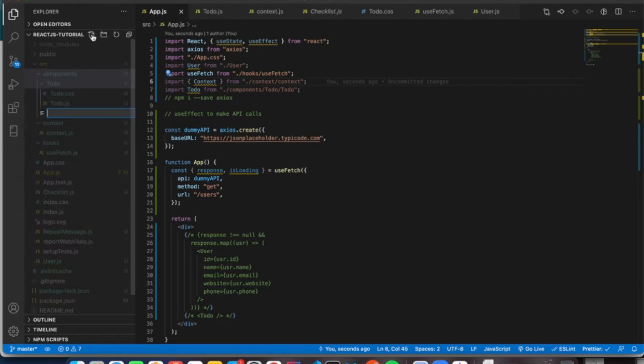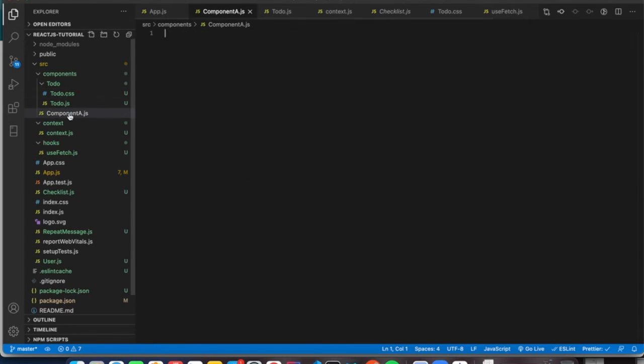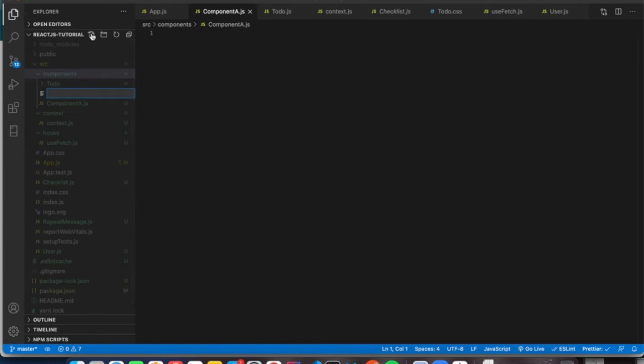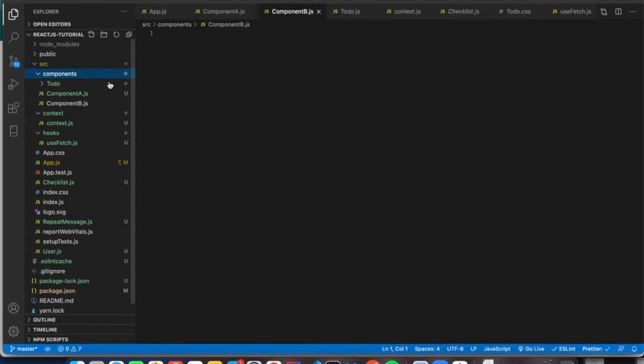One is componentA.js, and another one is componentB.js. Let's start writing the basic boilerplate code for this.